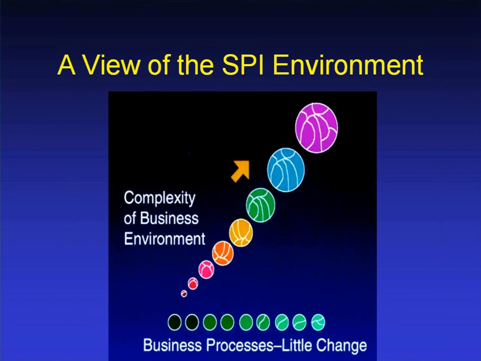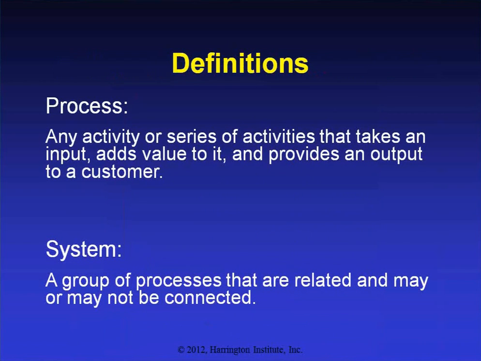Let's think about it a little bit. What happens, a business gets started and they need to process a paycheck. And they figure out the simplest, the easy way to do it. So we developed a system when your company started, and that's what your major processes consisted of. But what's happened, our business environments got more and more complex, with more impact from outside of the business itself. So the business environment has got extremely complex, but our business processes only changed when they were broken. We really didn't design or keep our processes designed so that they were in tune with the environment.